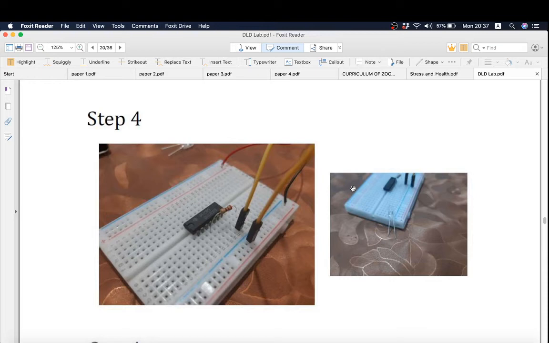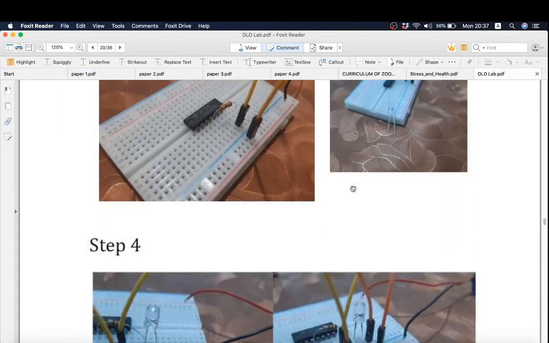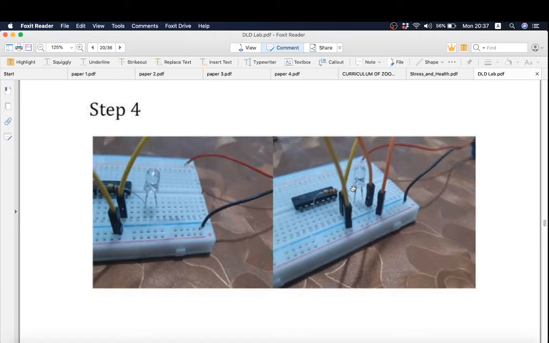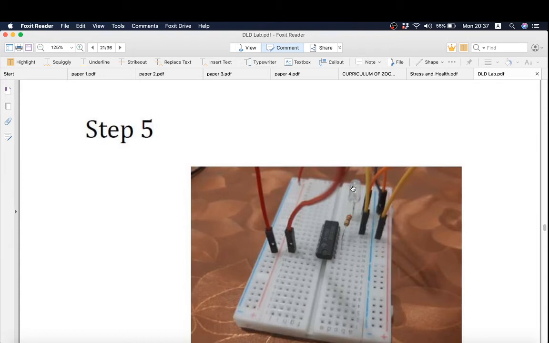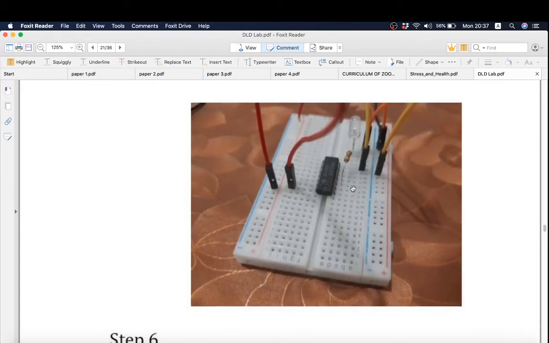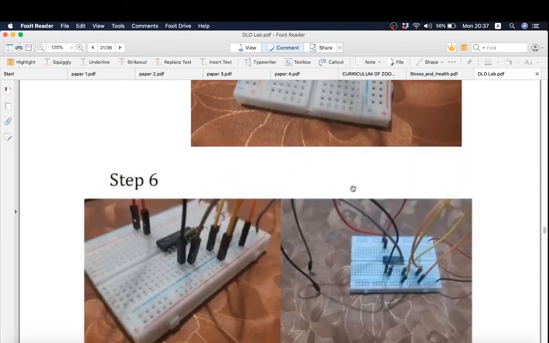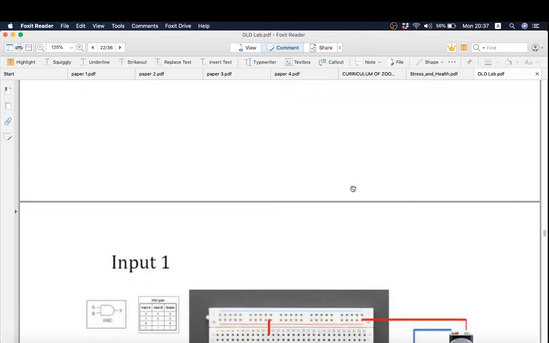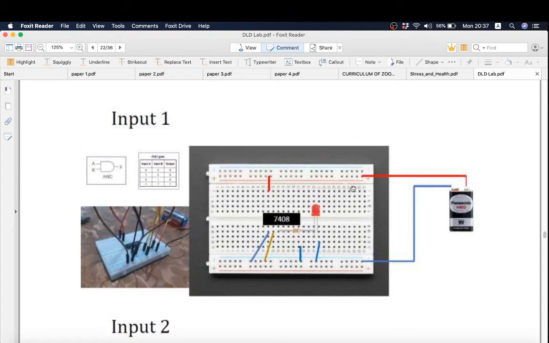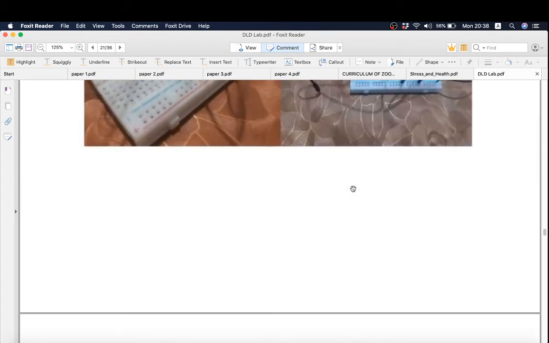In the video lecture, I have told you all these steps very clearly. So if you are asked the long question to write down the steps for the experiment, then you have to write all these steps. And for the fourth step, you have to write how the LED is connected. For the fifth step, you have to tell that this red wire on the 14th pin we have to connect with the positive terminal. On the sixth step, we have to connect the output wires. So till here, these are the steps.